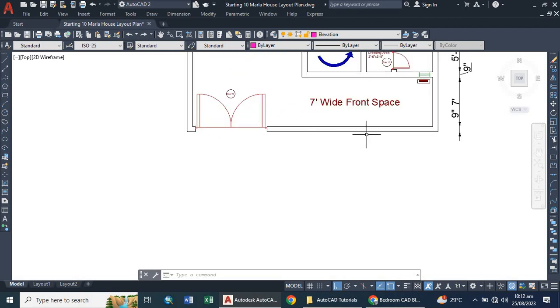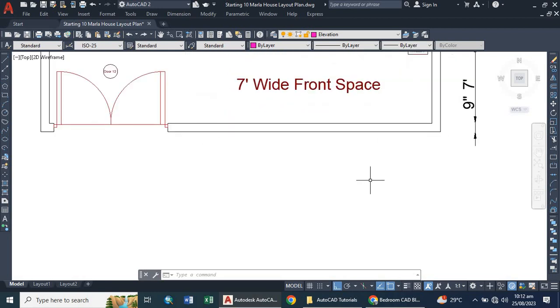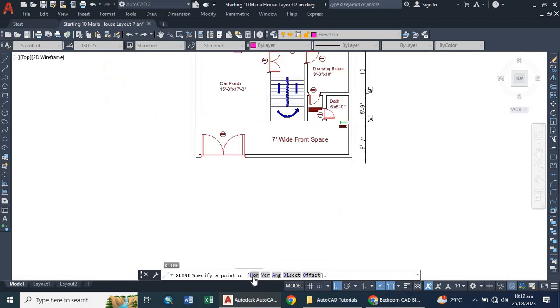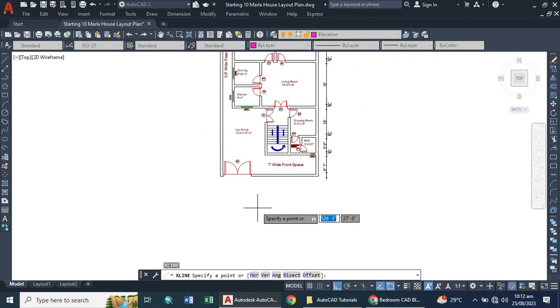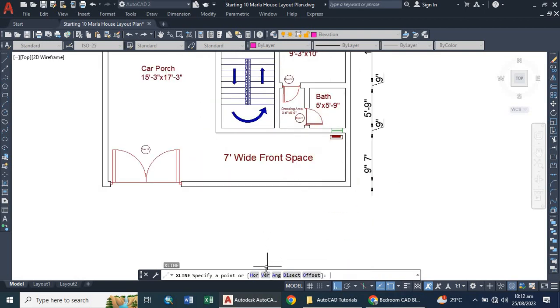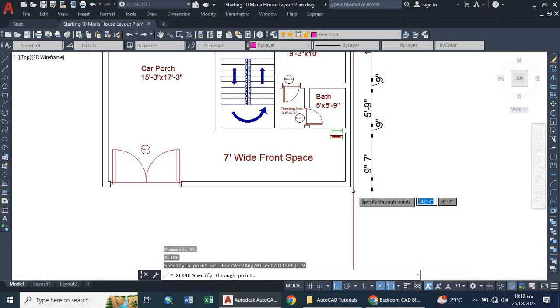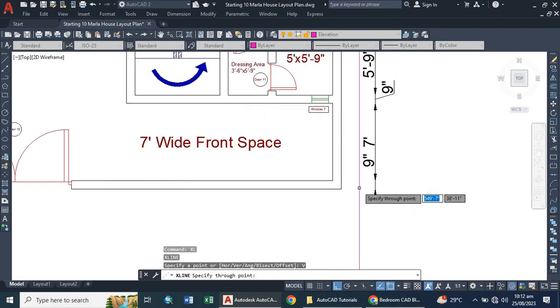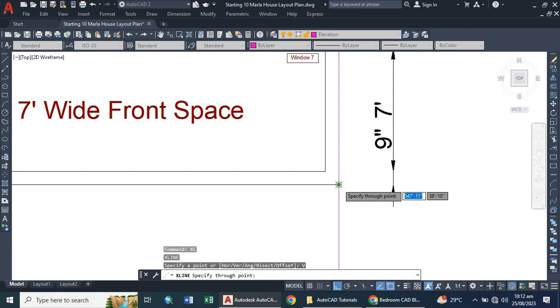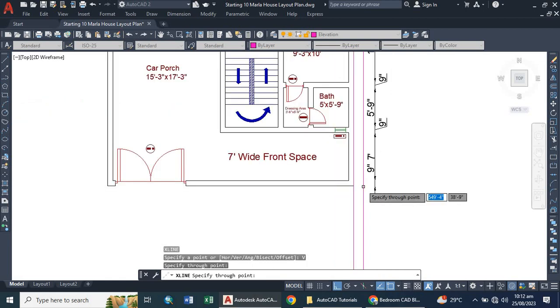For example, there is a simple command, XL, for our elevation, because this will draw different kinds of lines. For example, if you want to draw a horizontal line, vertical line, angle bisect, and different kinds of things. In this case I am going to draw a vertical line. Now it is asking to select a point. If a man is standing in front of a building, he will see this corner point,